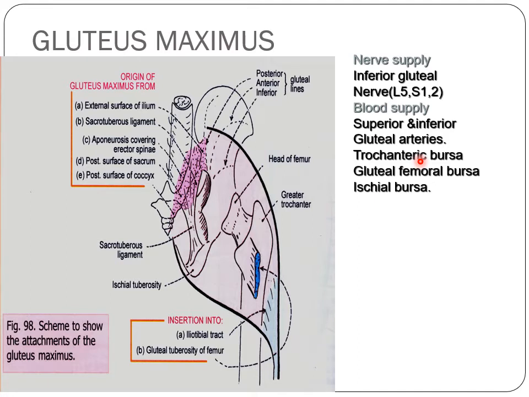Occasionally there is an ischial bursa. It lies between the ischial tuberosity and the muscle. So these are the bursae related to the deep surface of the gluteus maximus muscle, and it is supplied by